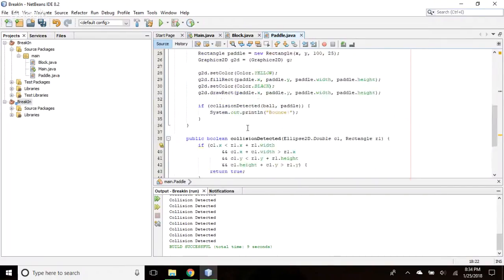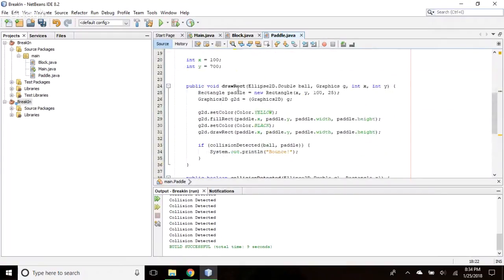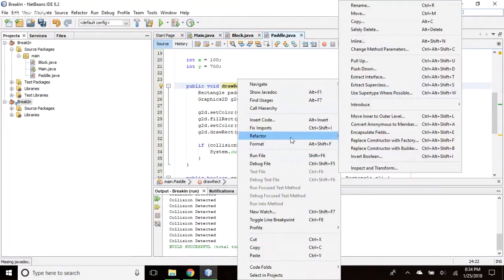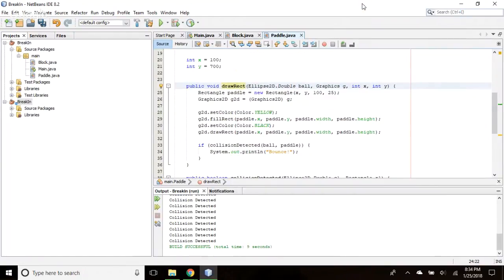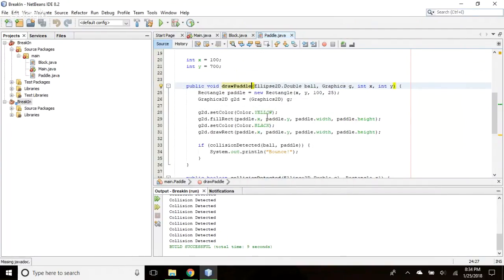Okay, now here we go. So instead of draw rect, why don't you call it draw paddle? Yeah, to refactor, rename, draw paddle. Yeah. Let's see.